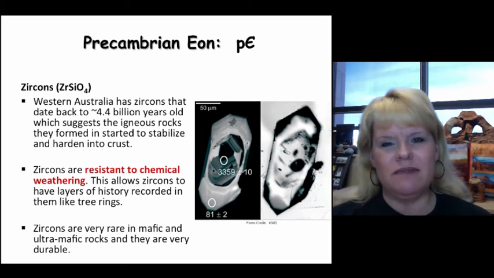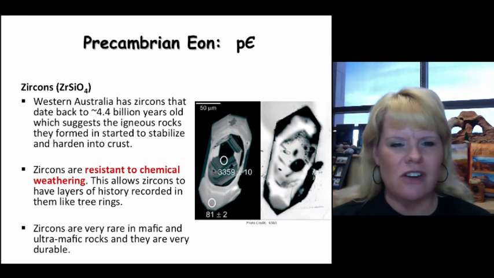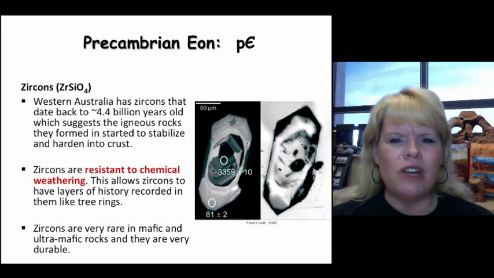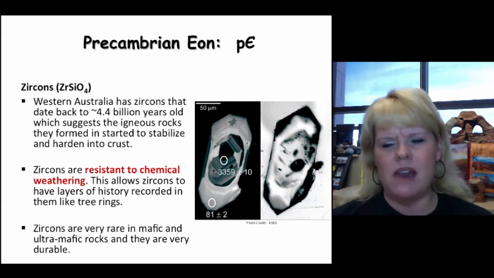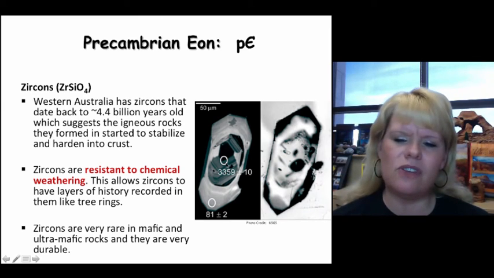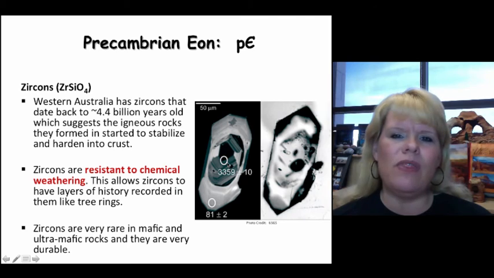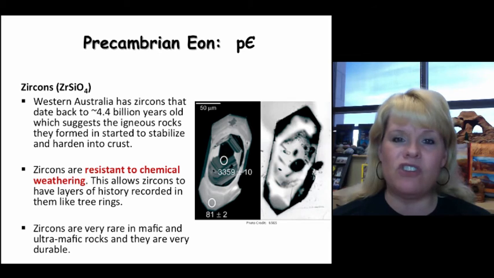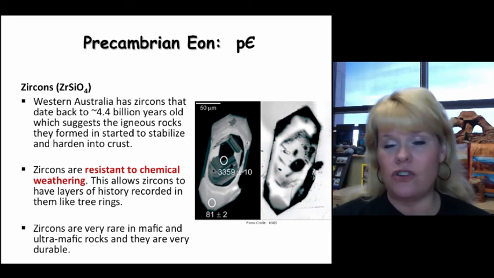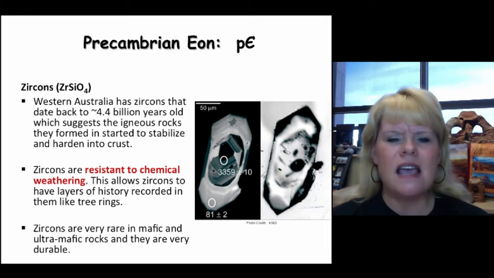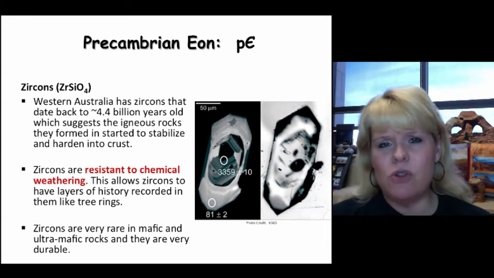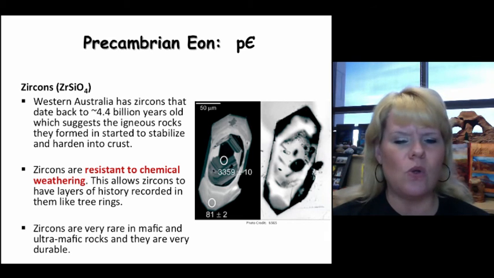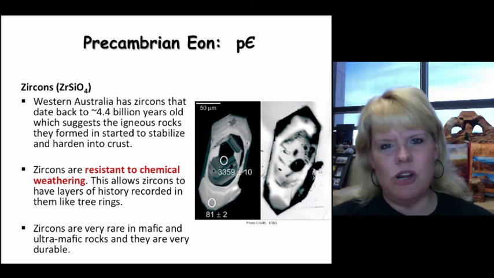So what is a zircon? When you look at its atomic structure, it's ZrSiO4. And when you look at zircons, what's really important about it is in the cores of a zircon crystal, like you see right here, we can see when that actual crystal started to become crystallized. In other words, it started to grow as a crystal. That represents a place in the Earth's history where the crusts began to form, and that dates back to about 4.4 billion years old. One great thing about zircons is they're pretty resistant to weathering.